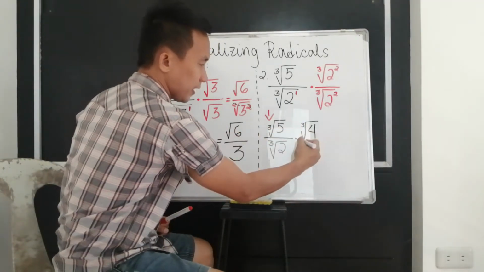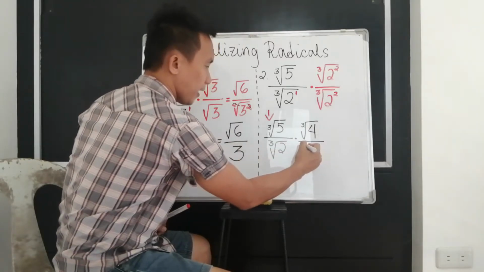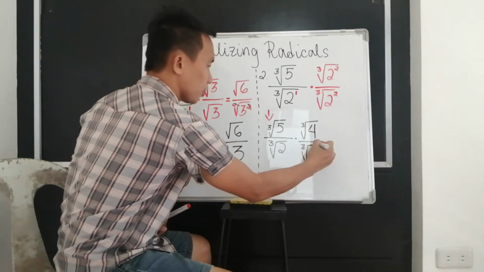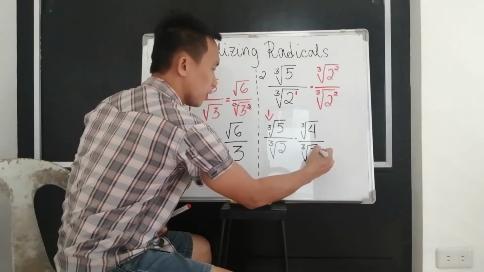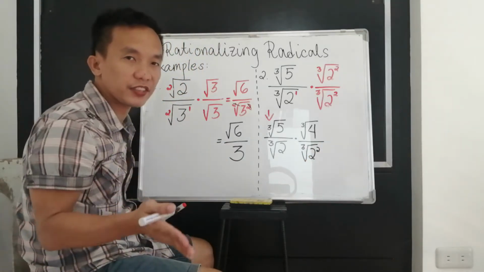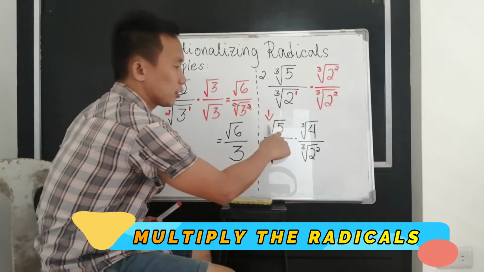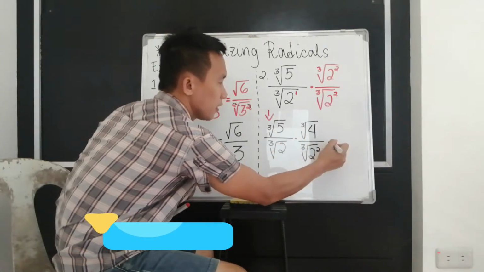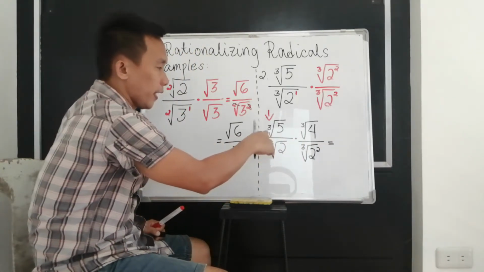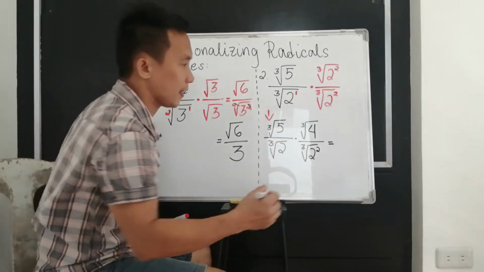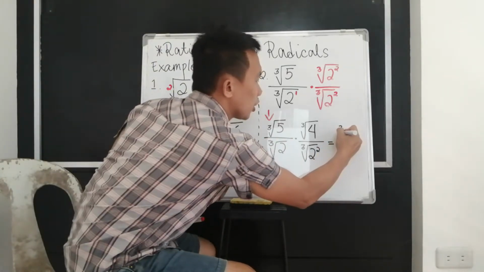And for you to easily remove this, just remain the cube root of 2 squared. After that, multiply. So 5 times 4, since we can multiply it already because they have the same index, that will be cube root of